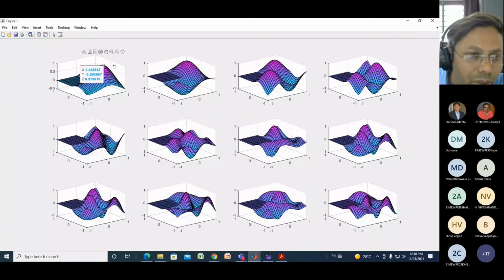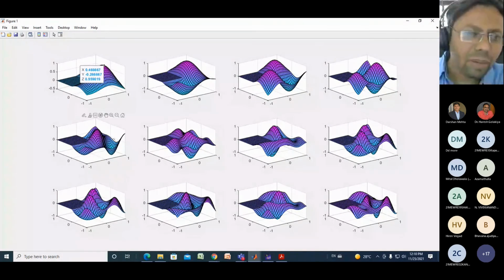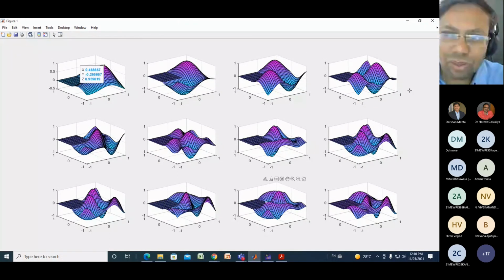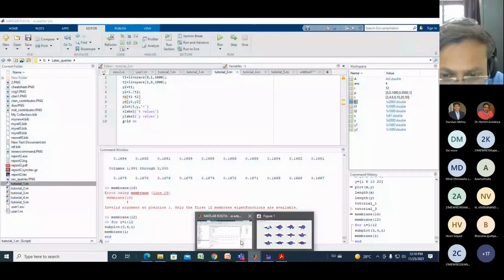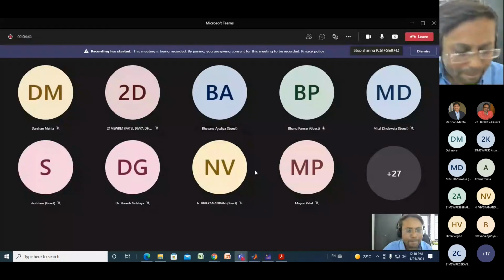When you are 3D plotting, whenever you have more than 3 axes, or when you have to find out more than 3 data, at that time it will be very useful. Basically we use it for the pole zero application and from that we find out the stability. But actually it shows the magnitude at that particular point. For an example, at this point, what is the magnitude of this x, y, z? So this is the membrane function. But for your civil engineering application, I need to go into the details. Thank you so much, sir.